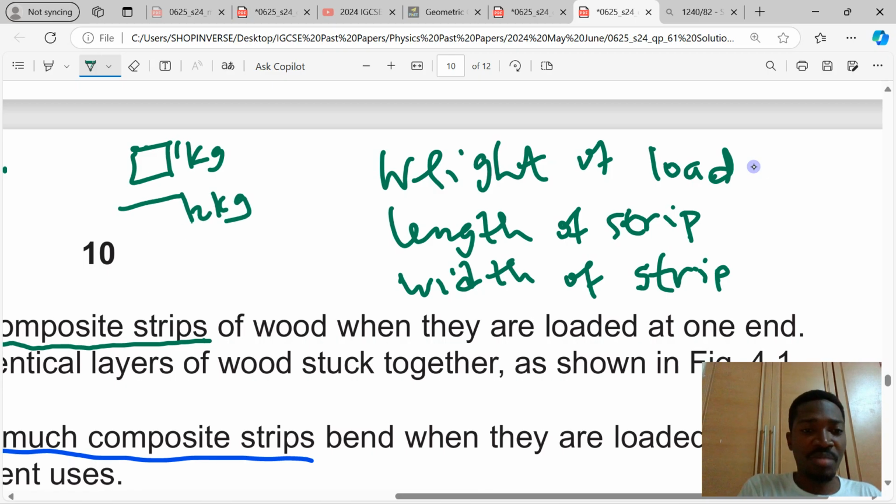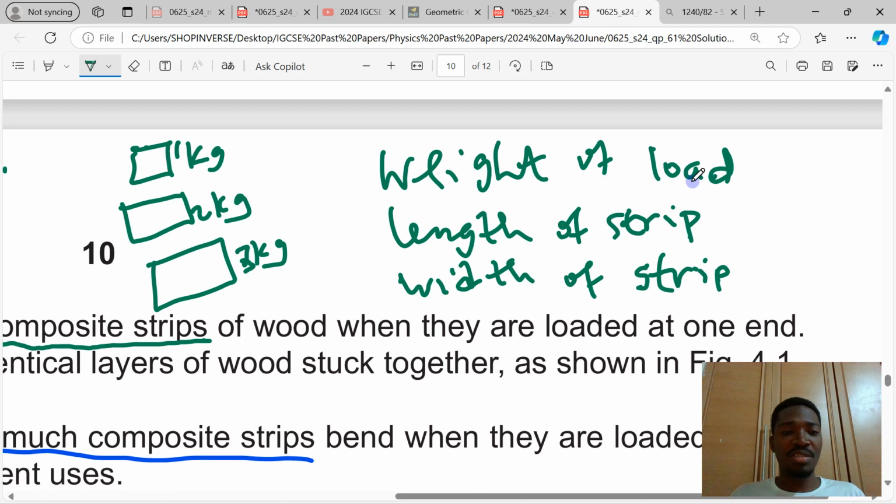The other one is 2 kilogram, and then you have another load, 3 kilogram. So you can be increasing the weight of the load you are adding. As you increase the weight of load, check to what extent it bends. If you are doing this experiment in terms of increasing the weight of the load you are adding,